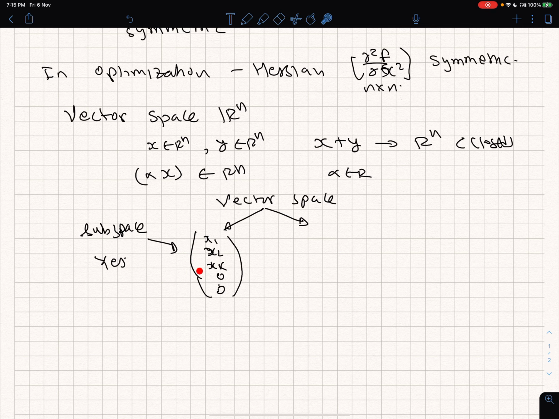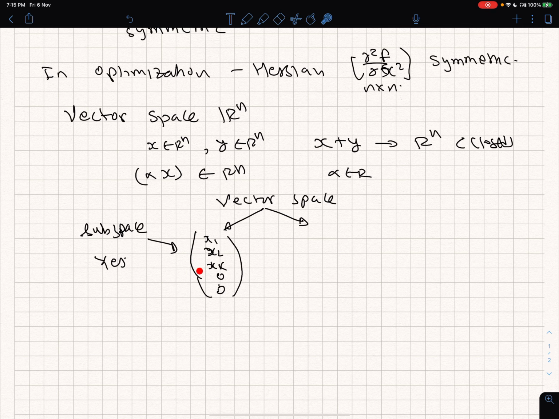So subspaces can come in many ways. This is just a structurally nice simple subspace that I showed you in this particular case. Usually we are interested in two subspaces, which I will come to later on, called range space and null space. These are two subspaces which are very important to us. But right now, just to give you this idea of subspace, this was a nice simple example.